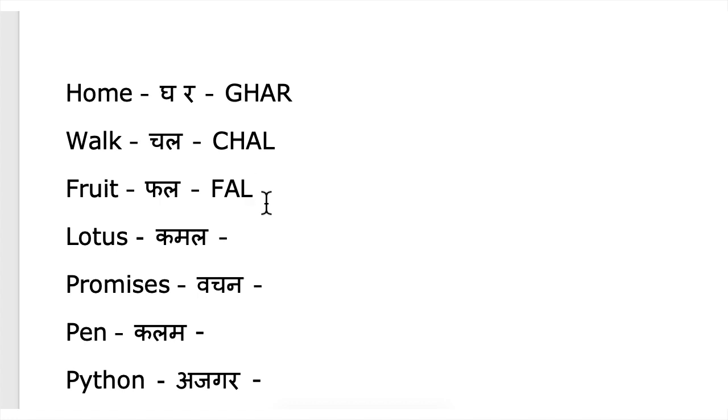But in some cases we do use a, like Devendra. When we say Devendra, we are using a matra, and that is why we use that ra. We will discuss this after some time. For now, just recognize these words like fal, so that you can understand how to write in Hindi.